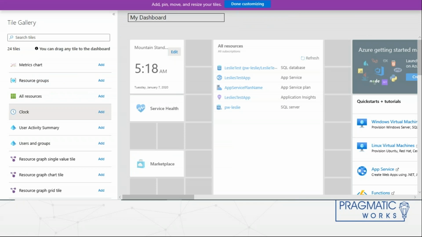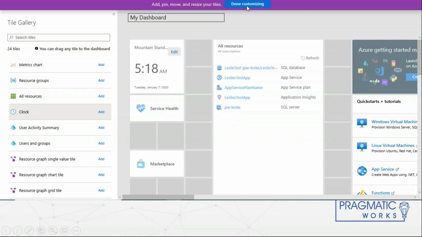When you push the edit button, it takes us to this group where we can have tiles, where we can add a clock, and add the things that we're interested in: metrics, charts, security analysis. You can spread this out a little bit. These two, service health and marketplace, were on our original, but you couldn't see them because of their placement.